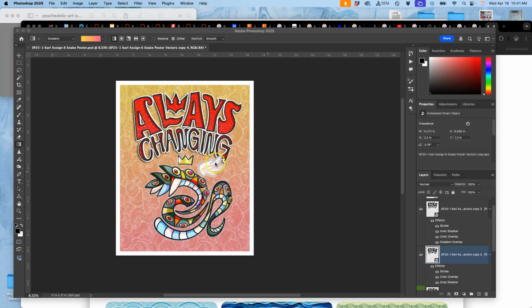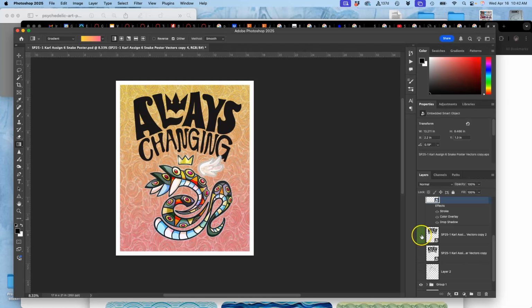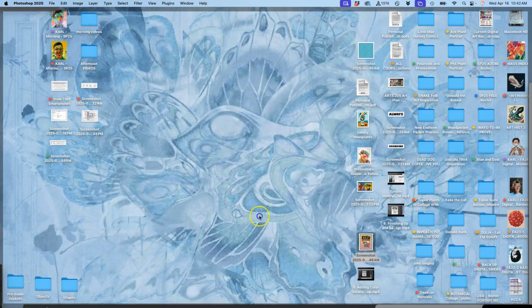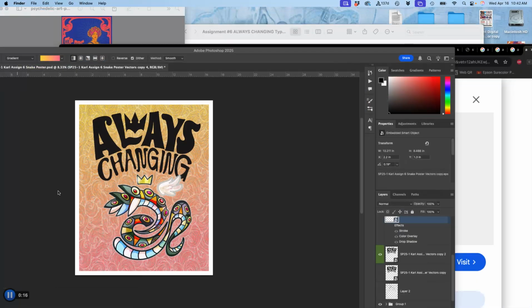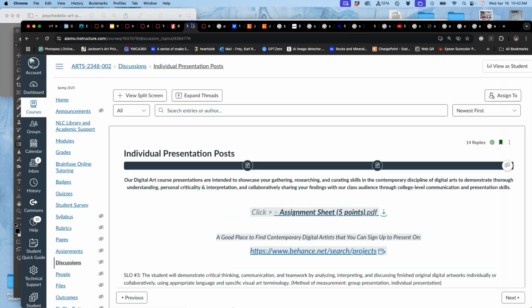Would be good. All right, so we're working on color variations on our type design. And I split it into two. So I took my black type layer, which is this. I've already done a screen grab of that. That's my first requirement for the assignment. So if I wanted to turn that in,